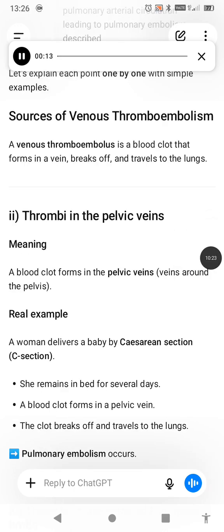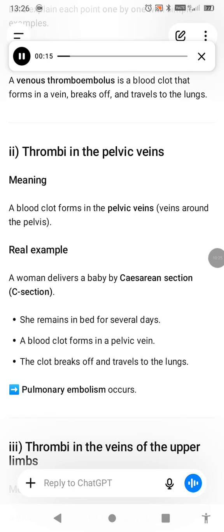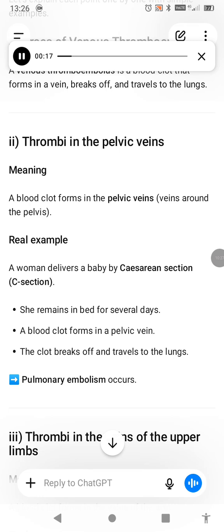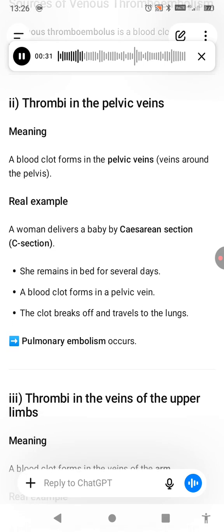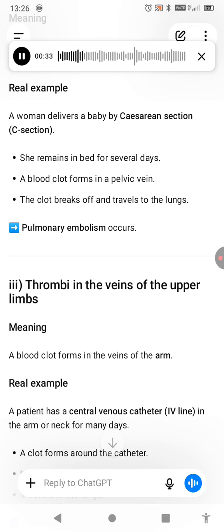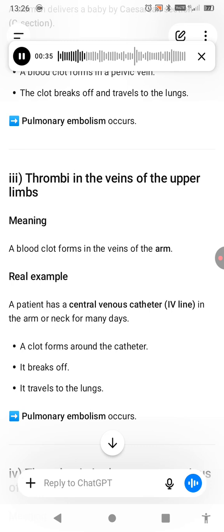II. Thrombi in the pelvic veins, meaning a blood clot forms in the veins around the pelvis. Real example, a woman delivers a baby by cesarean section, C-section. She remains in bed for several days. A blood clot forms in a pelvic vein. The clot breaks off and travels to the lungs. Pulmonary embolism occurs. III. Thrombi in the veins of the upper limbs, meaning a blood clot forms in the veins